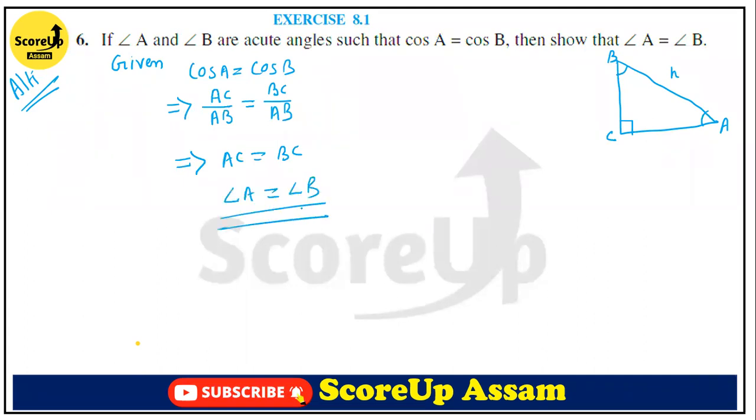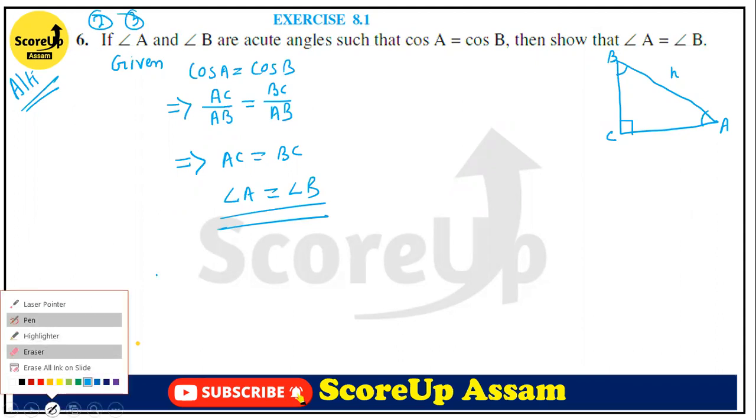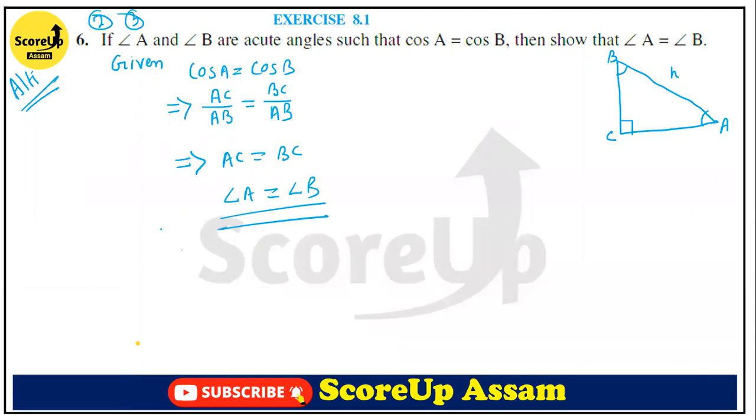So this is so short. This is the alternative solution. Sometimes it may be given 2 marks, sometimes 3 marks, 4 marks. So depending on the marks, you have to solve in a different way. Is it clear to you? You should write in the chat box if the alternative method is clear to you.